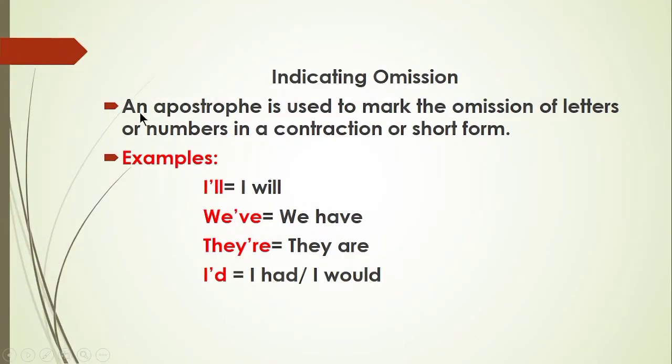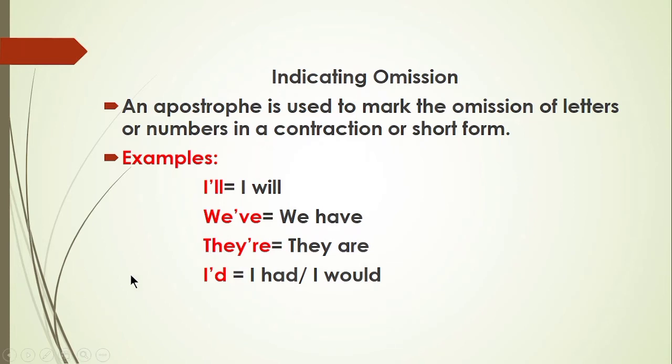Indicating omission. Now sometimes an apostrophe is used to mark the omission of letters or numbers in a contraction or short form. For example, I'll. Now, I'll is equal to I will or I shall, and here we put an apostrophe in order to show that certain letters have been deleted from here, and especially we use such forms in spoken language when we use rapid spoken language. So we omit or we delete certain sounds or letters, and instead of those in written case, we